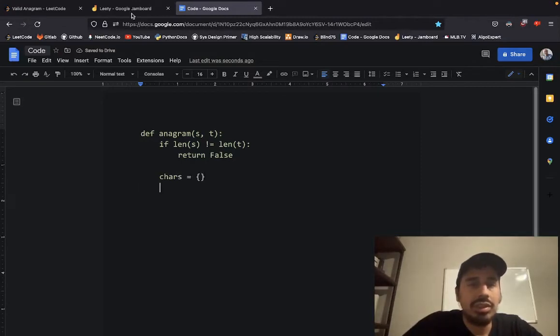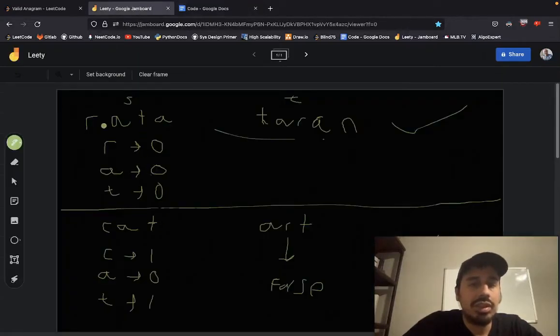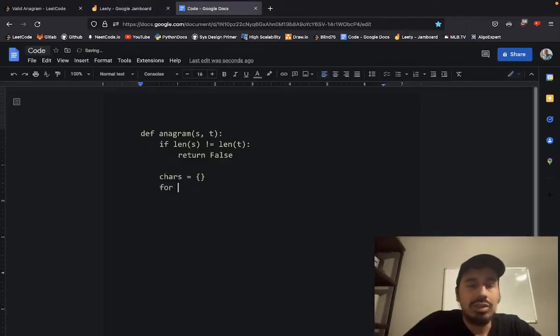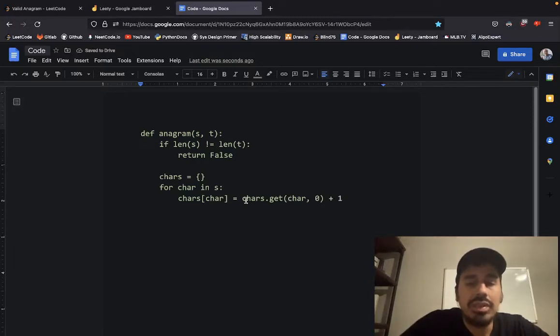What are we going to fill this dictionary with? We're gonna fill it with the letters and their frequencies of the string S. So, okay, for char in S, chars of char equal chars.get char plus 1. So what this is doing is, this here is just a Python kind of syntactic sugar